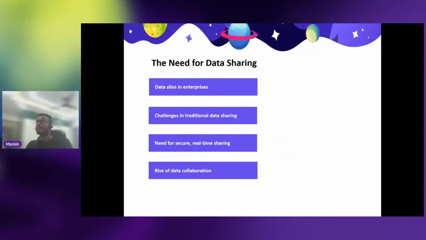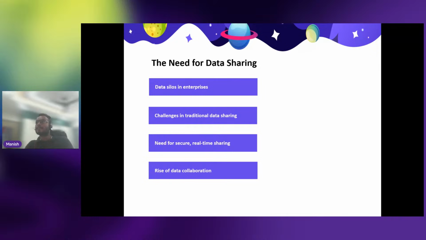So the first point is, what is the need of data sharing? Let's assume that in your enterprise applications, you have sales data available in one application, and you have marketing data available in another system, and both systems are independent and the data is not able to communicate with each other. That means the data available in both systems cannot be connected. And if you want to do analysis on both, you will not be able to do that. That means data silos in enterprises: both datasets are available but not available to each other. So this is one reason we want Delta Sharing, to make data available between multiple applications.